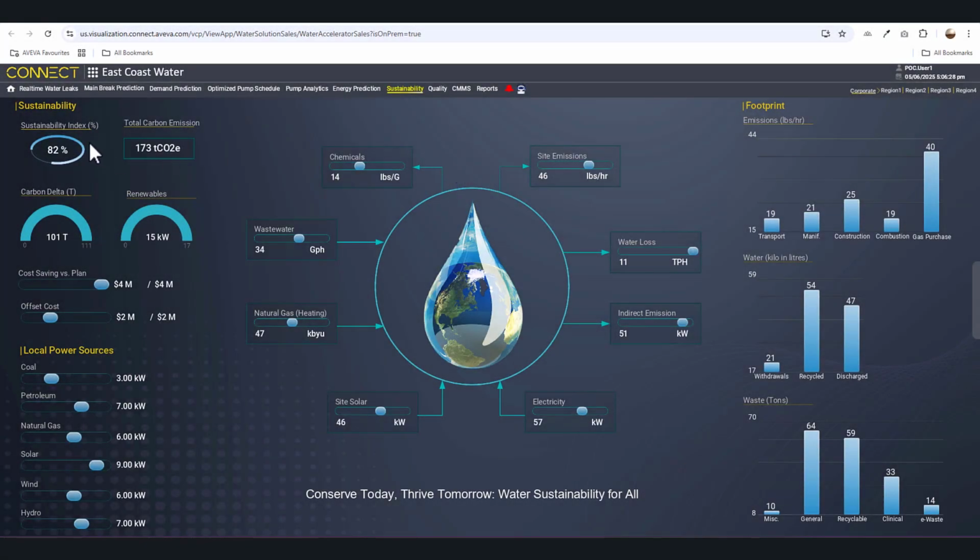Sustainability, maintenance, and quality are among the other key performance indicators available within the data visualization. Sustainability plays a critical role in the water industry due to its importance in ensuring reliable access to clean water while reducing emissions. Here we can track other metrics related to chemicals, power sourcing, emissions, and more in support of